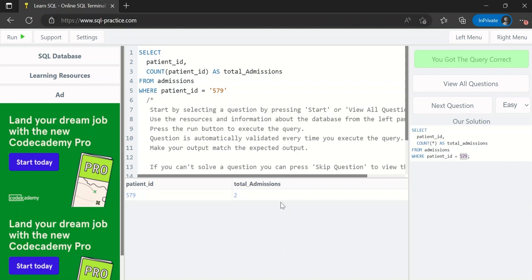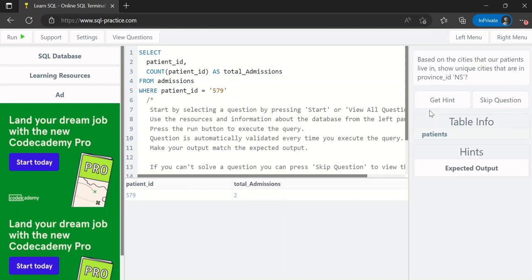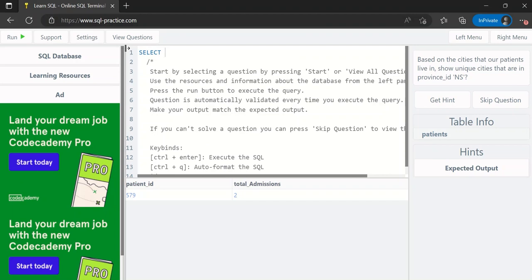All right, so let's move to the next question. Based on the cities that our patients live in, show unique cities that are in province ID NS. So whenever the province ID is NS, I want those records. So let me remove this. I want